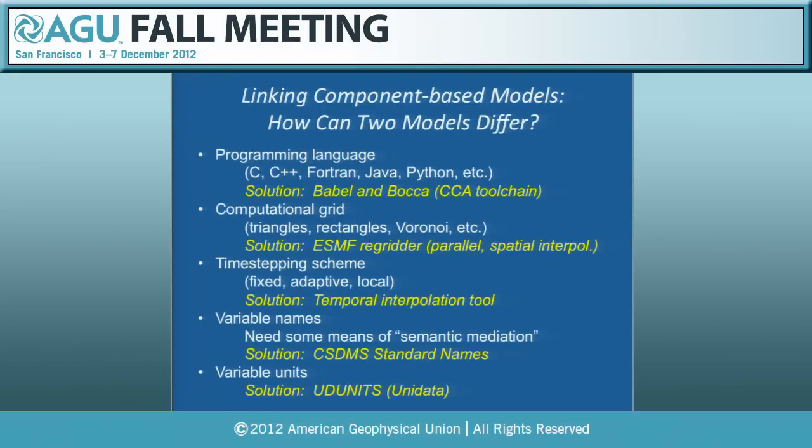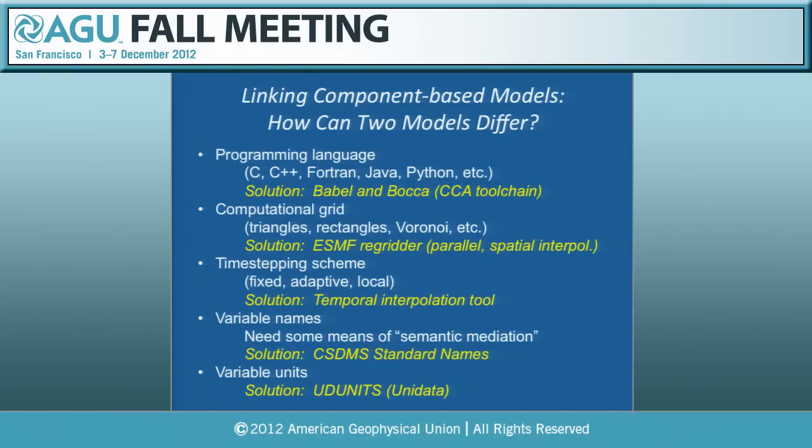So if you ask, well, for models, what are the ways they can differ, there's sort of 5 key ways that they differ that we have to have solutions for. There's the programming language they're written in. There's the computational grid, which could be triangles or rectangles or some other kind of polygons or cells. There's time-stepping schemes that are fixed time steps, or they adapt in time and change, or other types. There's variable names that one programmer calls something and another programmer calls something else, and how do you know it's the same variable? And there's different units, which if you don't convert for them,